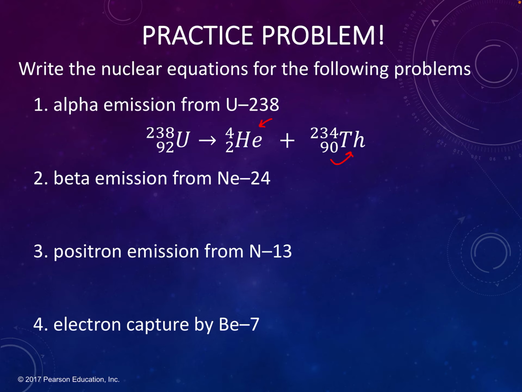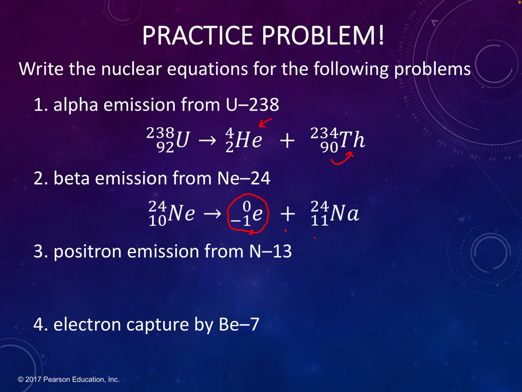Beta emission from neon-24. Again, we'll write neon-24 on the left-hand side. We'll look and see neon is atomic number 10, so that's where we find the 10 on the bottom. And then it's undergoing beta emission. Beta emission is an electron that's being released, so we'll write 0, -1, and an E. Beta emission is one that people often do wrong, kind of like positron emission. Make sure that you're doing -1 plus something. So when we do that,